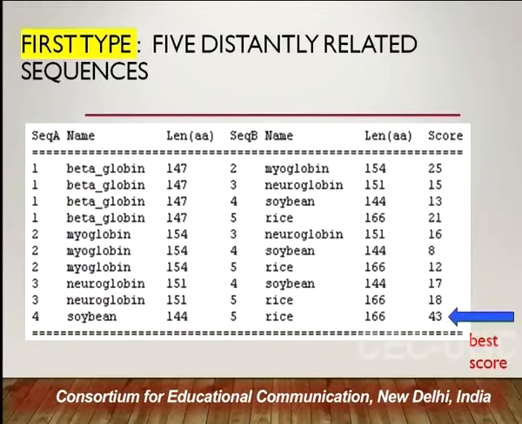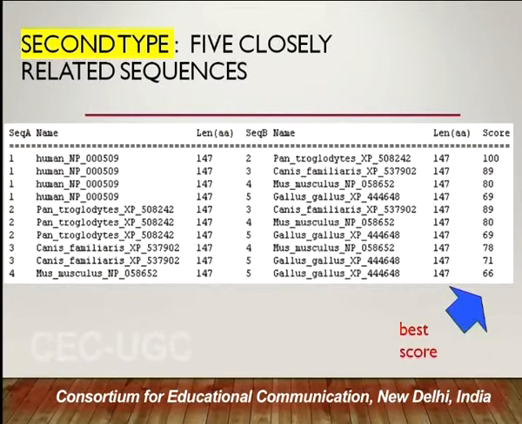So we'll be running 2 multiple sequence alignments. I said the first type is what? We have 5 distantly related species, and if you see, the best score among them is 43% similarity, meaning all are less than that, so they are distantly related, but all of them are beta globin protein. Then we'll have 5 closely related species, where you see they have good similarity, and 69% is the least, meaning everyone else is more than 69% similar to each other.